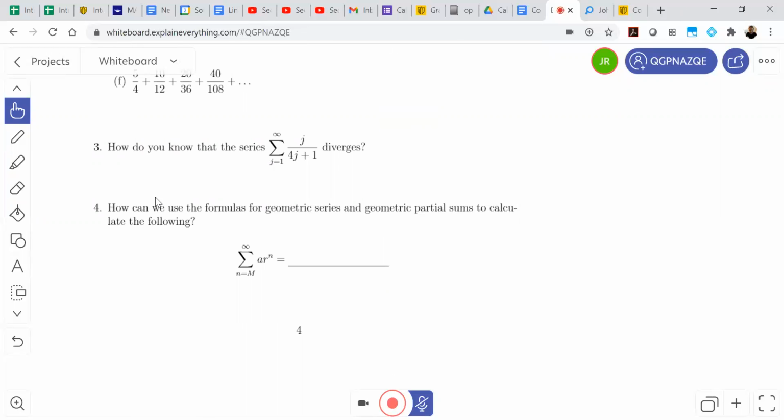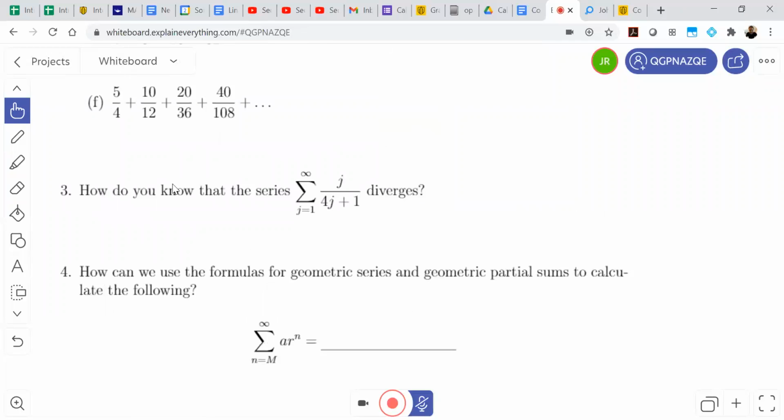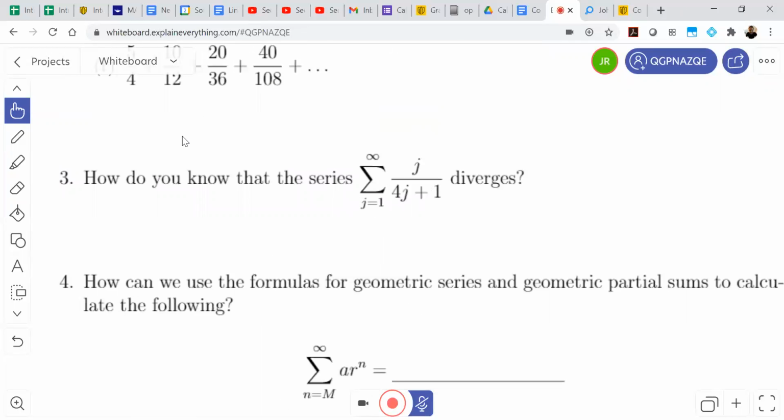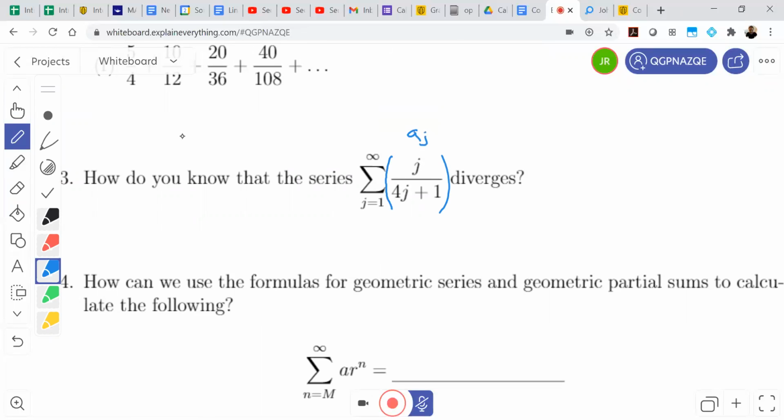So problem 3 is that third thing that we learned about, the test for divergence. How do we know that this series diverges? Well, this series, the series as j goes from 1 to infinity of j over 4j plus 1. If I call this a sub j, if this is my term, we can just make the explicit observation, note, as j goes to infinity, the individual terms of a sub j,